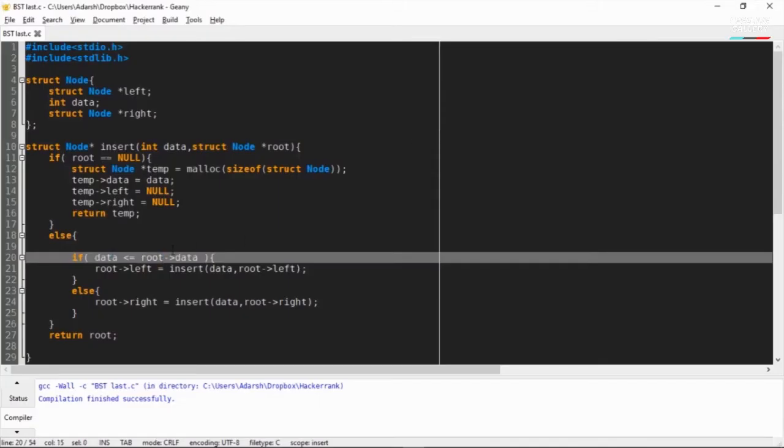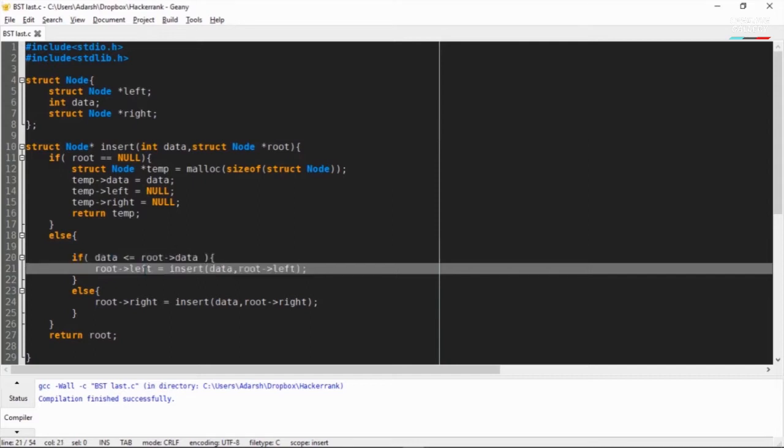So 5 is less than 8, and this condition is true. That means in a binary search tree, if an element is less than the root element, it will definitely go to